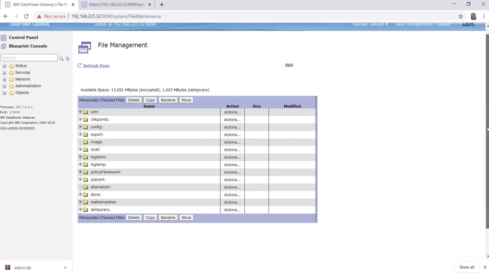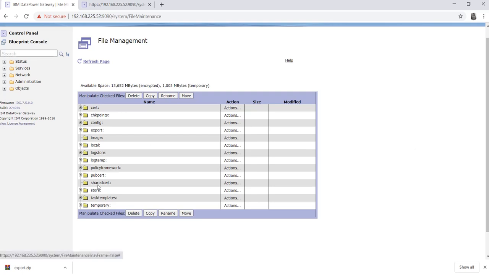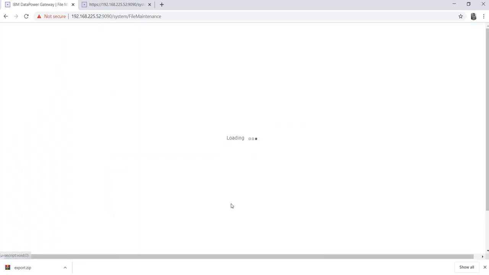As I mentioned, as per best practice, we should keep all the certificates in our shared cert. Why am I mentioning this? Say you have some 10 or 15 certificates that you want to be visible for all the domains. Like you have 5 domains and there are 10 certificates. Instead of uploading all 10 certificates into every domain, it is better to upload those certificates into your shared cert. I'll show you how we can upload a certificate into shared cert.